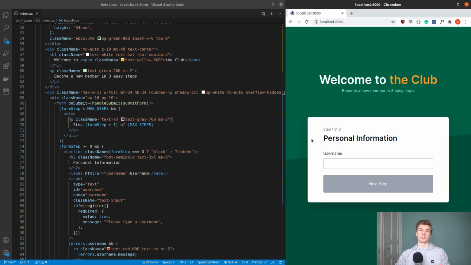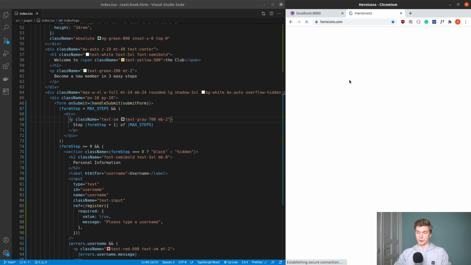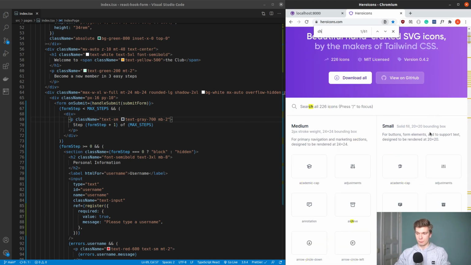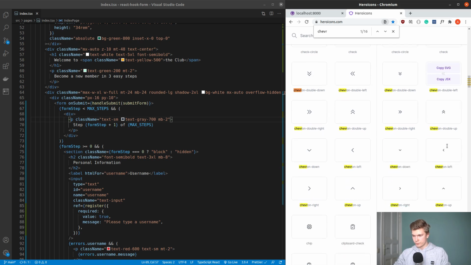Now, one extra feature we can add is a small icon that allows the user to go to the previous step if they accidentally write some information wrong. So let's get a nice icon from heroicons.com. And I want a chevron icon. So the chevron left, I'm gonna copy the SVG